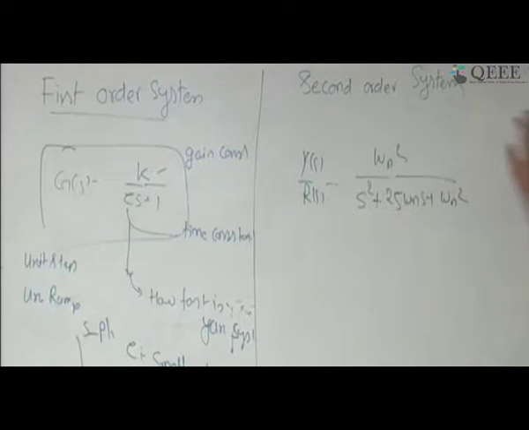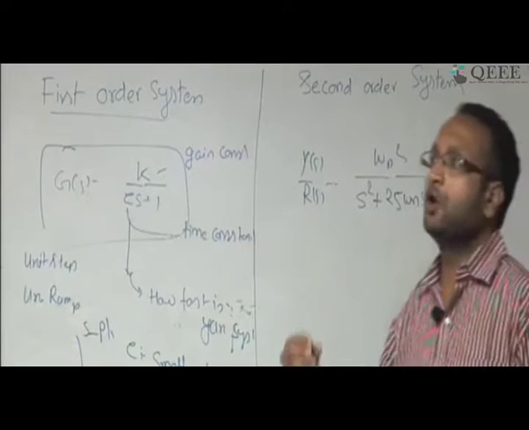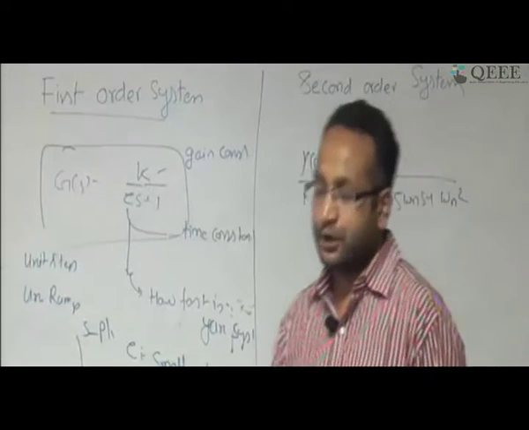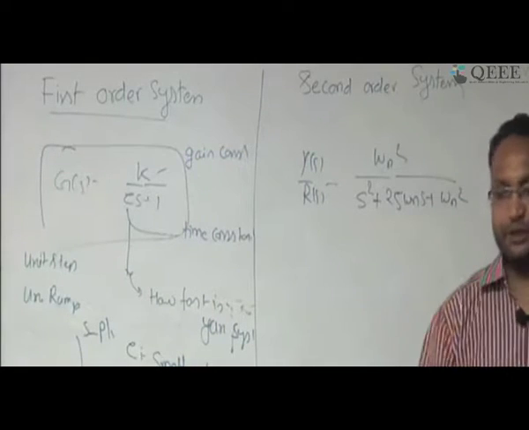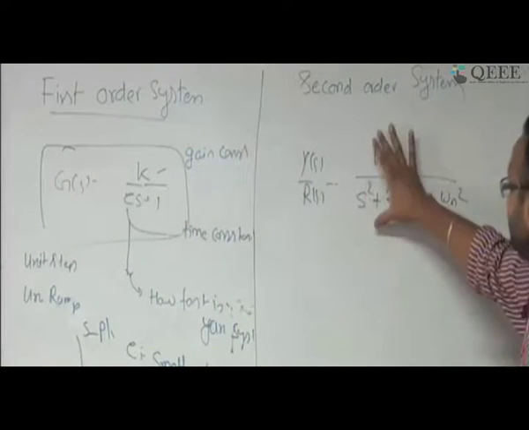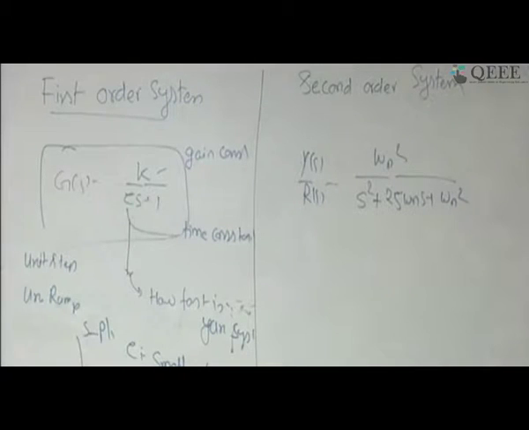Similarly, for the second order system, I have given an example where you are applying a torque to rotate a load, and your attribute of interest is rotation and input is a torque. Then we have seen the relation comes to a second order system.